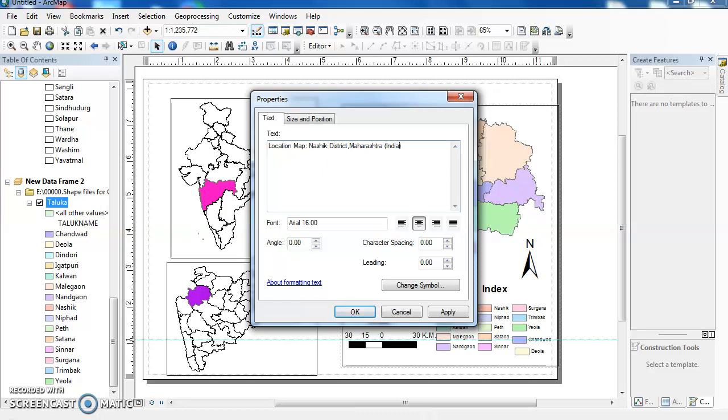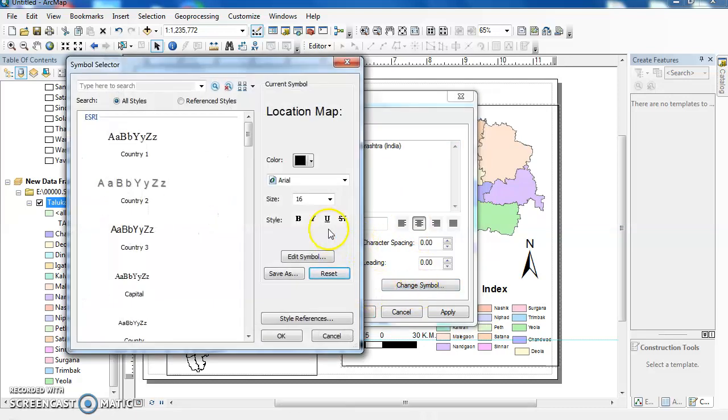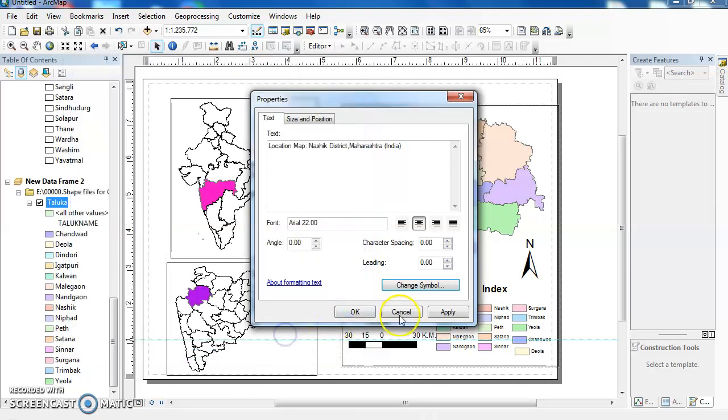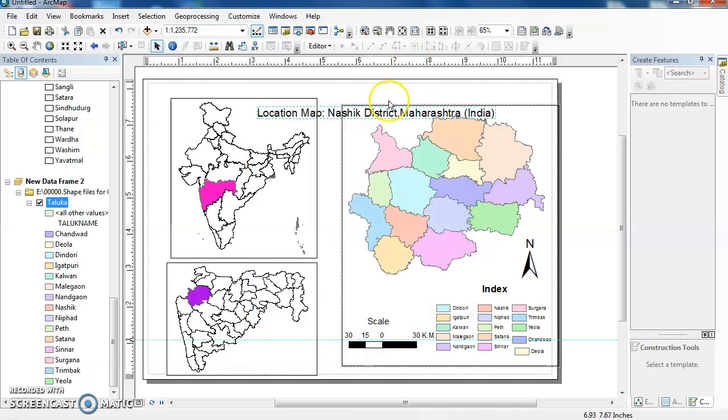Okay, again we have to change the font size. You know that by default it is usually small, so make it up to 22. It's okay. So apply. Now the title is ready. You just drag here. Title is ready.